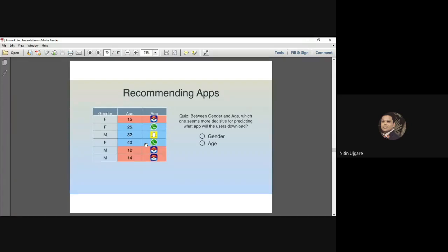So what should I do now? Now I will take the help of the first column or the first feature, that is gender. Out of these 3 blue highlighted samples, 2 samples belong to gender female and 1 sample belongs to male. And you can see that surprisingly, both the females, in the row and this 4th row, have downloaded WhatsApp, whereas this male example, age 32, has downloaded Snapchat. Okay, so that gives me the second solution of this problem.